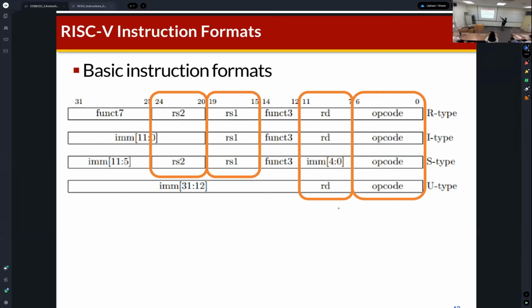So, we use the fields to represent an instruction. For example, this is the add instruction: RD, RS1, RS2. If we see this R-type instruction format, we can easily find that RD is here, RS1 is here, and RS2 is here. And then,